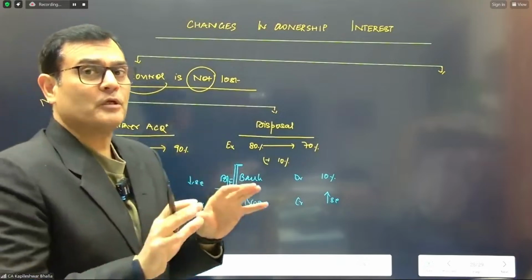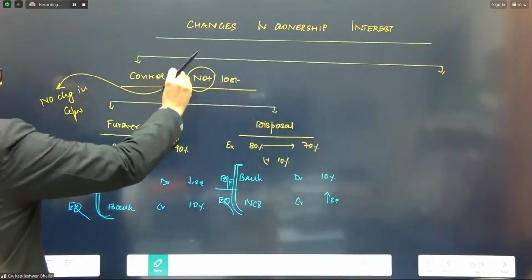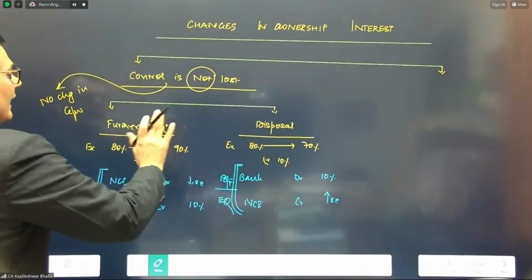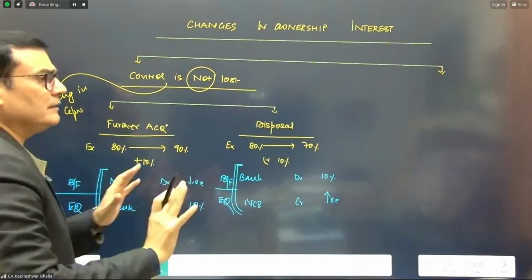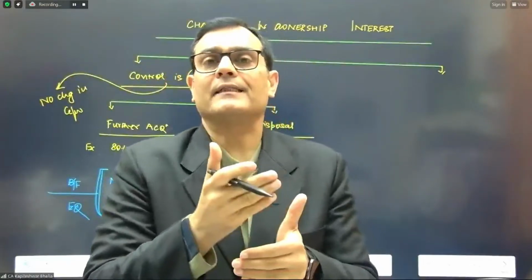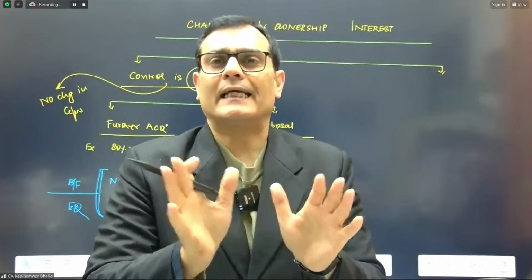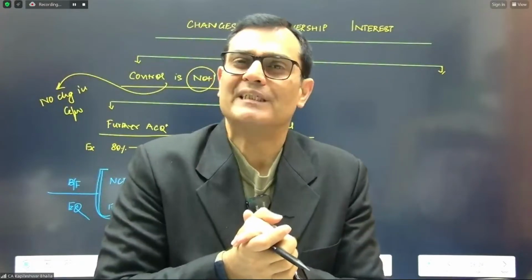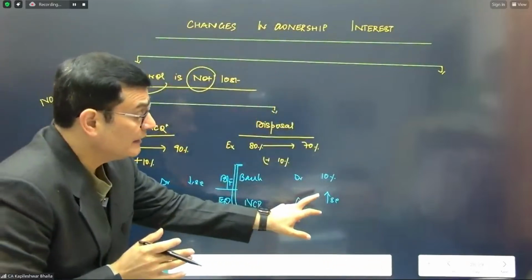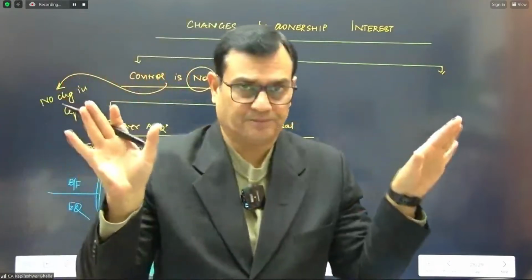So these are the only two possibilities which can arise once you say that the control is not lost. So look at the question carefully. See, is it a further acquisition or a disposal, and the control continues. So this is the entry to be done. In a further acquisition, NCI goes down, and in a disposal, NCI goes up. So bank to NCI, NCI to bank, and the balancing figure is taken to the equity. But the only concern now is how do we calculate the increase or the decrease in NCI? That we'll see in a question.